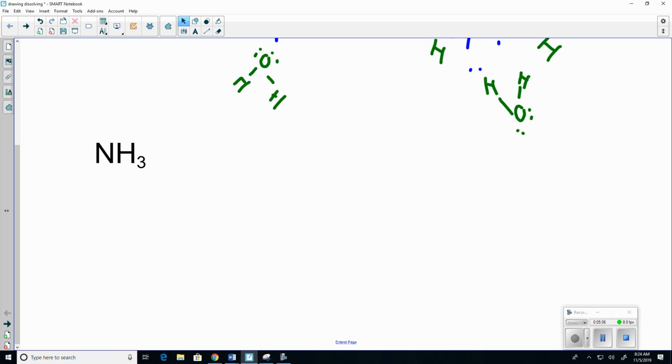Now ammonia. If you want to flip to the back side, let's go straight to just drawing it out. Ammonia is not ionic, so it doesn't separate. Water cannot pull apart a covalent bond. So if I start by drawing ammonia,